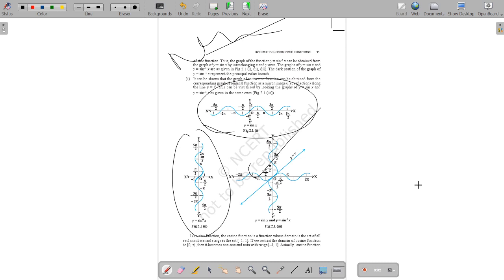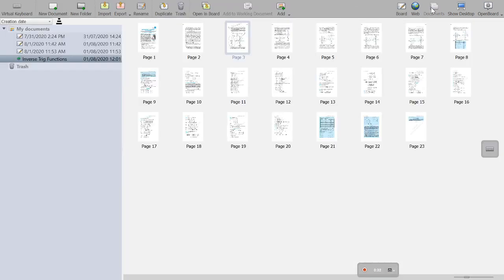Now remember, all of you may ask me, sir, I have a PowerPoint presentation, what do I have to do with this? Don't worry, convert that PowerPoint presentation into a PDF and then import it. Now in the document, I can come back. You see all 23 pages are over here. You can have any number of pages, and if you want to remove any, you can remove it also.